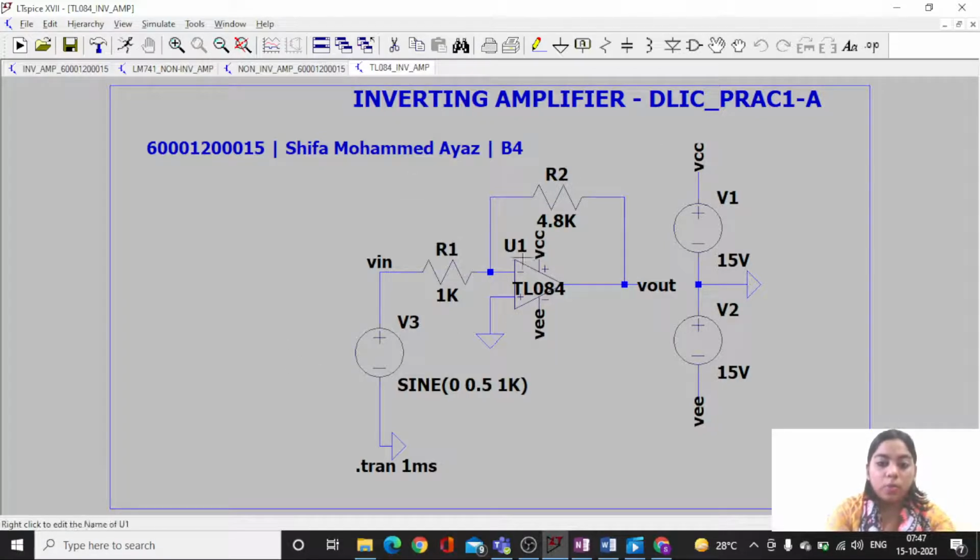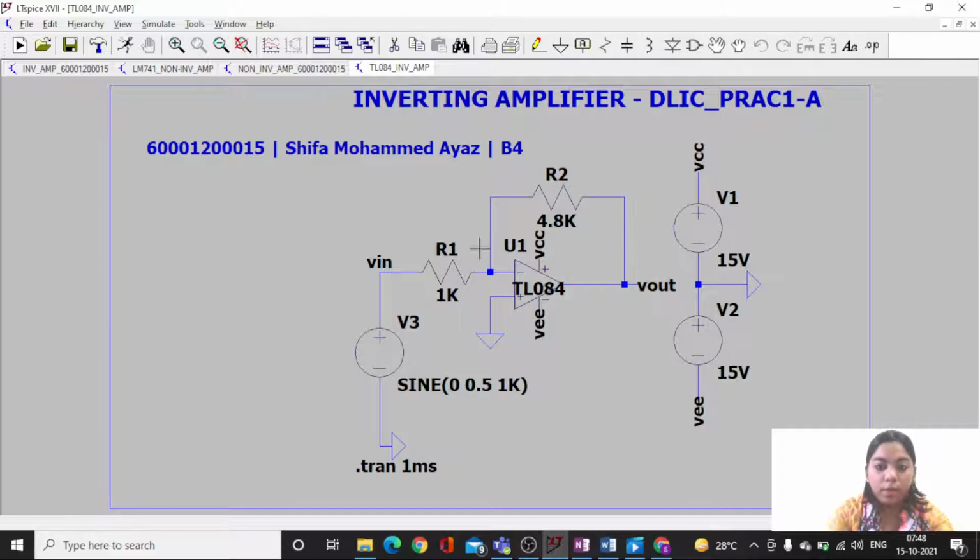What we mean by the inverting amplifier is that you are applying your input voltage at the negative terminal of the op-amp, and the positive terminal, that is the non-inverting terminal, is grounded.